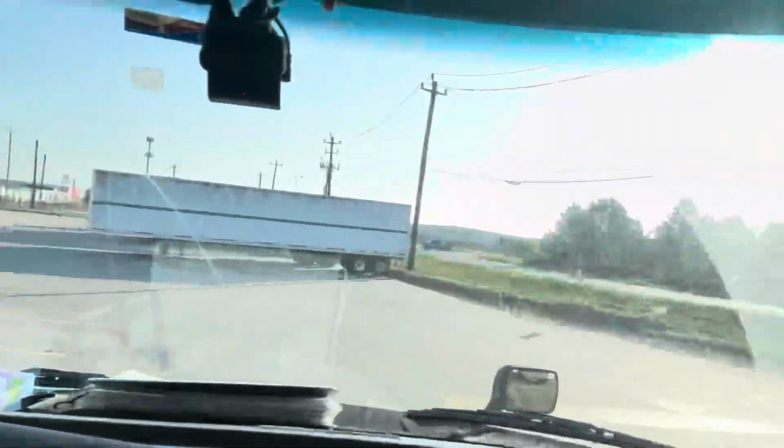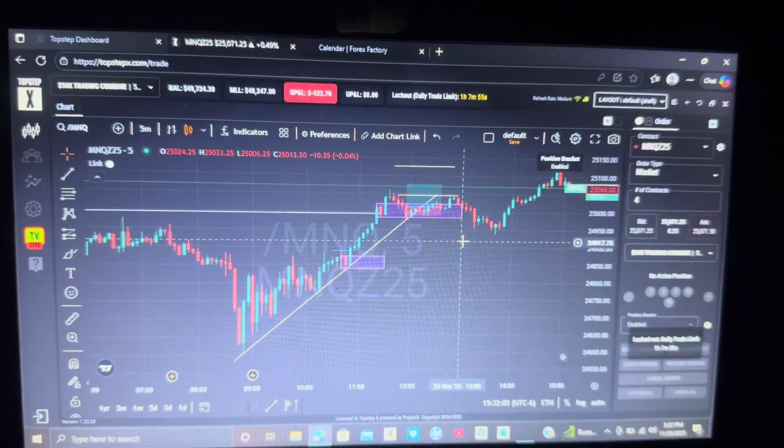What's going on, y'all? So, it's currently 8:20 in the morning. Market opens in 10 minutes. I am here in Pasadena, Texas, currently picking up this load. And yeah, I'm gonna hop on the charts and see if I can find a setup. If I find something, I'm gonna let y'all know. I'm gonna look for the best setup and just try to stay on top of my game, bro. For real. But y'all just stay tapped in, man.